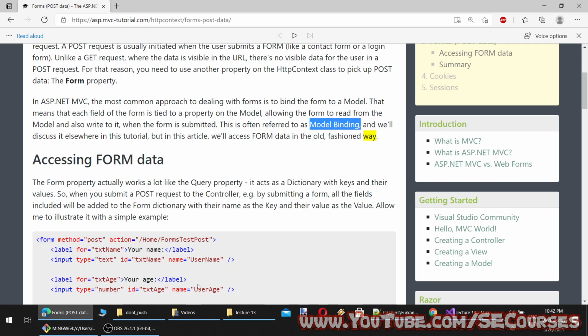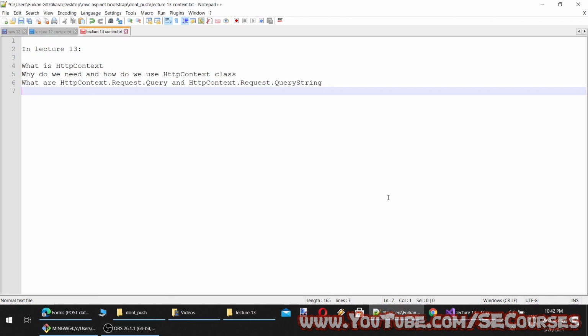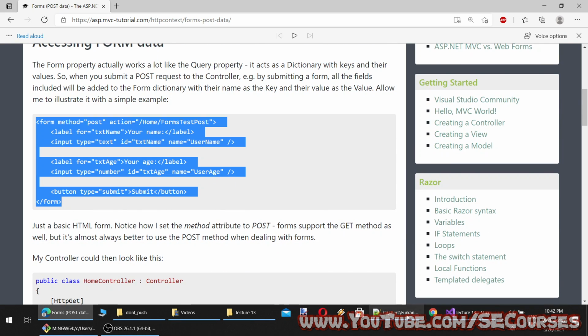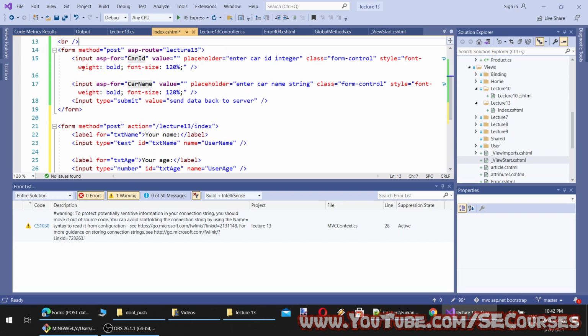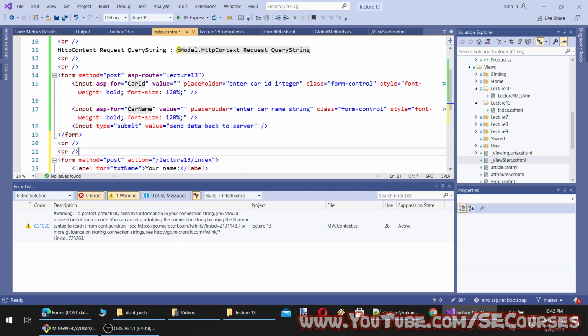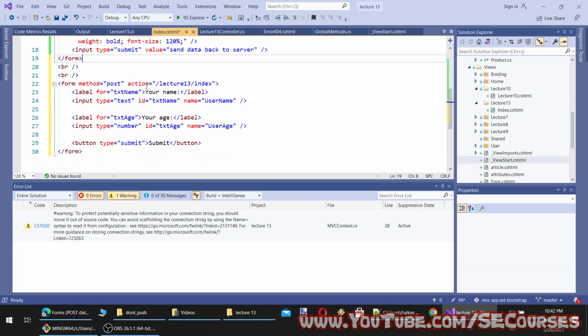Okay, so let's also note this. All right, so this is the traditional form, and I will also have the model binding as well. So in the traditional form, I have to type the full path like this, lecture 13 index, and let's have both of them. In the first form, we will have model binding as you see: car ID, car name, and something to postback. And in the traditional form, we will have